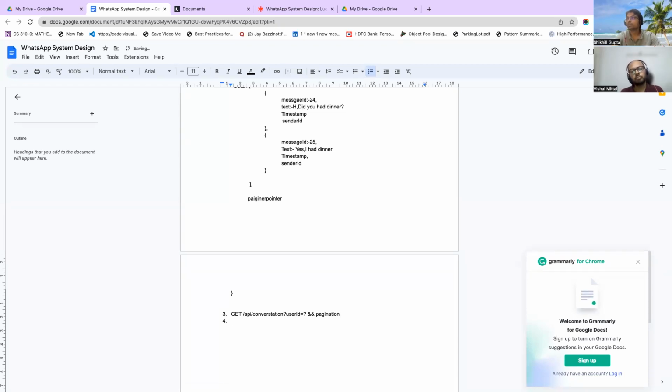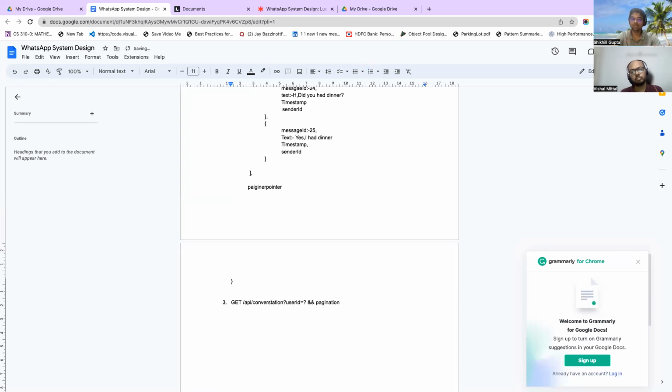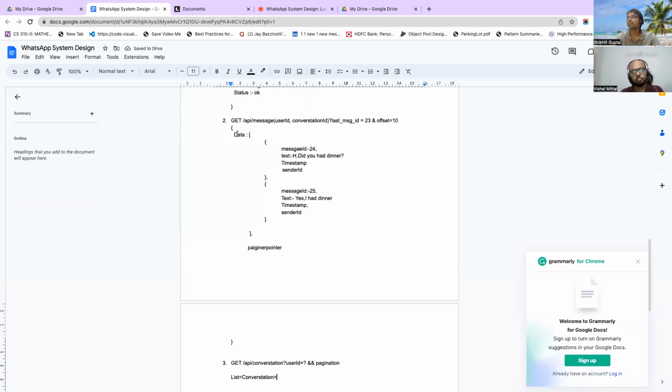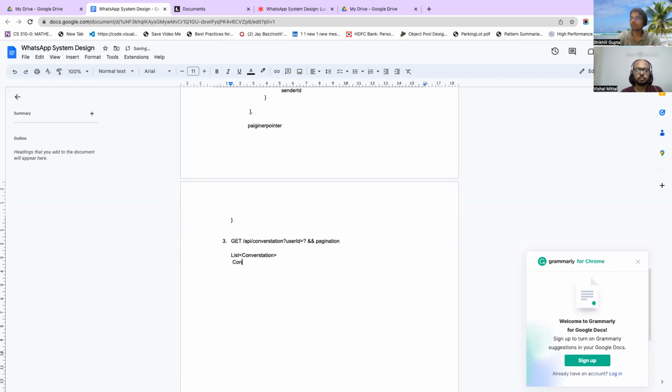Yeah. So now this should return you the list of conversations. A JSON will be written, which will be nothing but a list, like we have written the data here as a list. And the conversation will be a POJO, which will have all the attributes that we need. It will have the conversation ID, that is an important key, conversation ID, and it will have